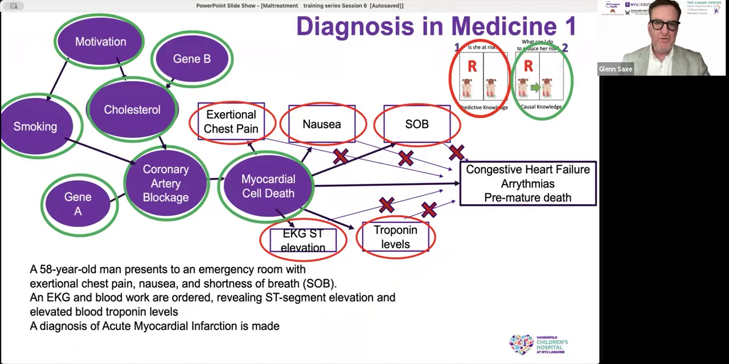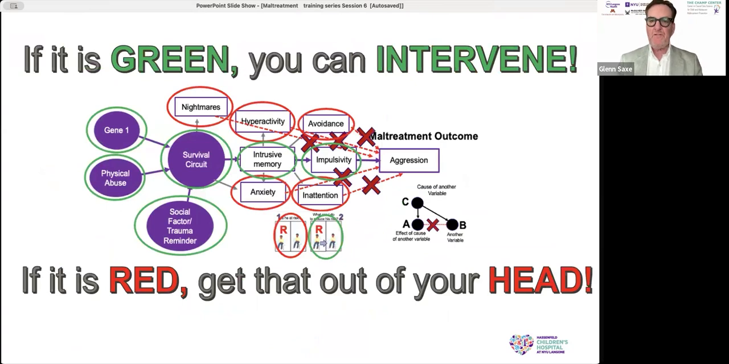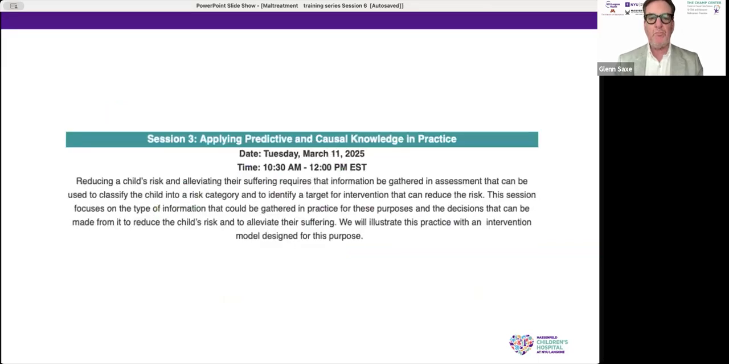And we talked about some of the problems with the diagnosis we use and looked at how medical diagnosis works. And with this, we then talked about if it's green, you can intervene. If it's red, get that out of your head. That became a very important part of this. And then we talked about the problems with practice, but then we talked about solutions in 3, where we talked